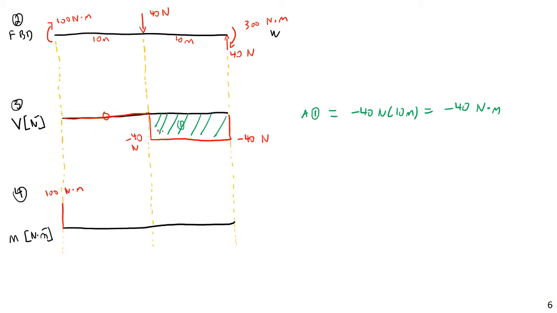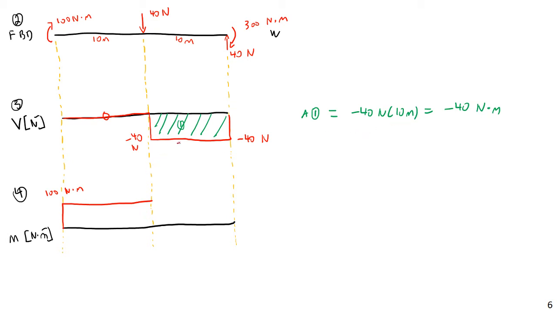So that means I have no area under the shear curve, which means the moment is going to be constant. Another way to think about this is a 0 function, and the integral of the shear function is a constant value function, so it shouldn't surprise us that we have a constant value function from here to here. Then the area under this, from the center span to the support over to point B, is going